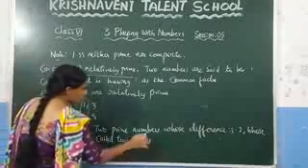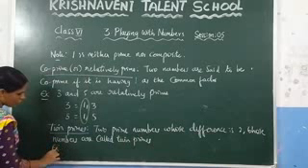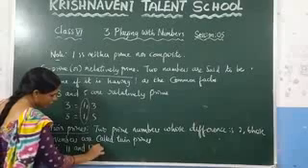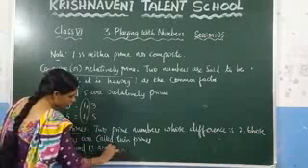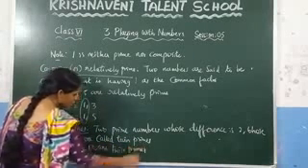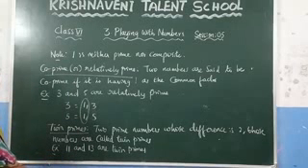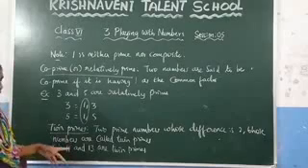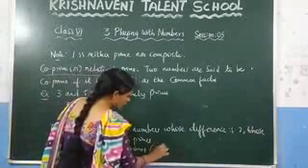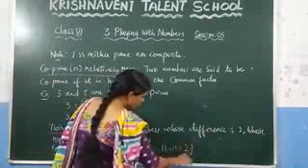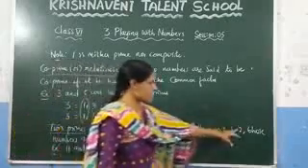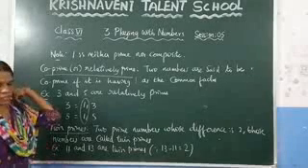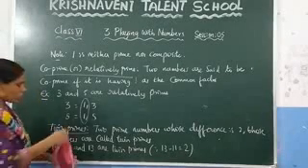So you need to consider two prime numbers, for example 11 and 13. 11 and 13 are twin primes, because 11 is a prime number and 13 is a prime number, and if you find the difference of 13 and 11, you get 2. If the difference is 2, then we can say that those two numbers are twin primes. This we discussed. Now, based on this, we are going to solve the next exercise.